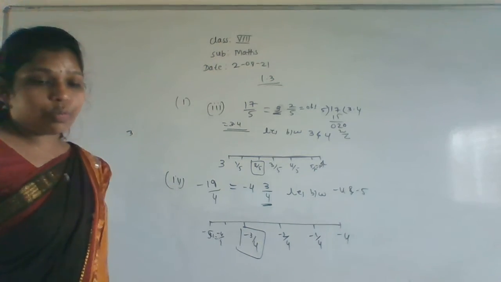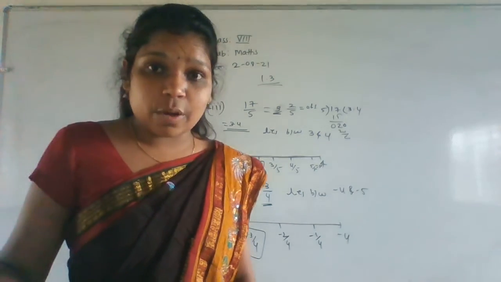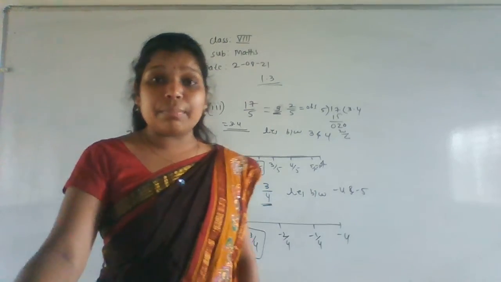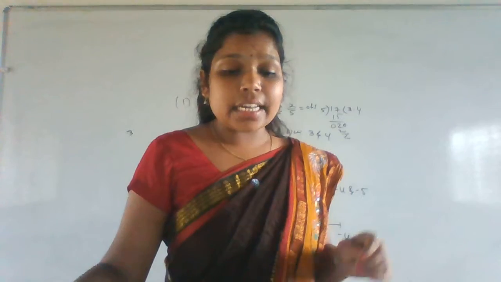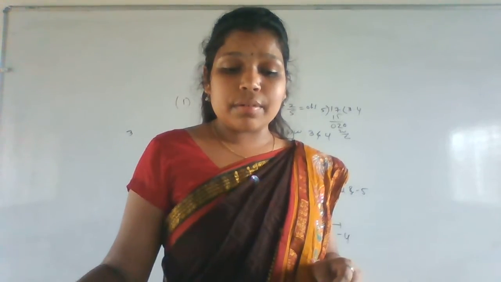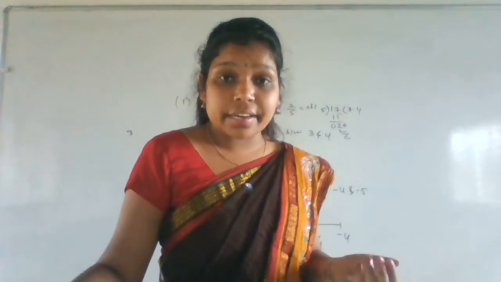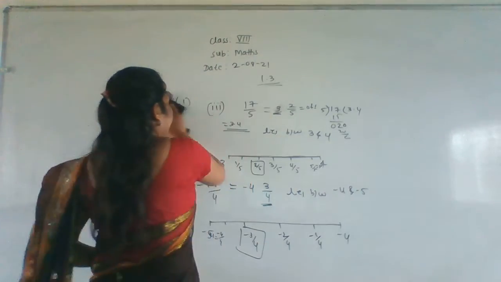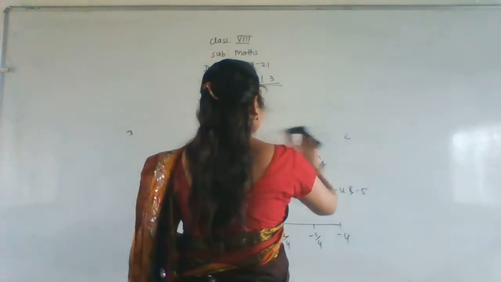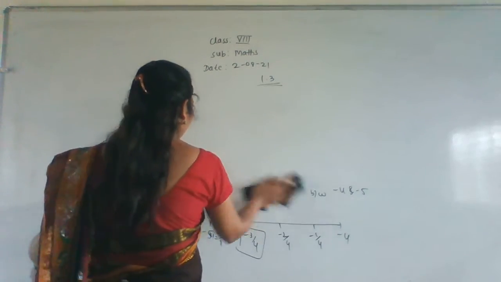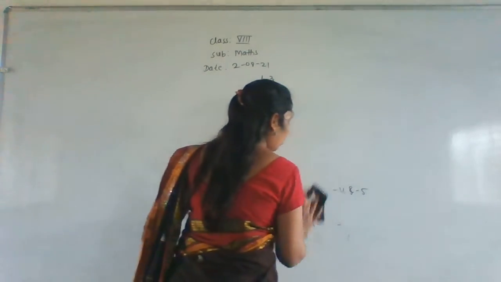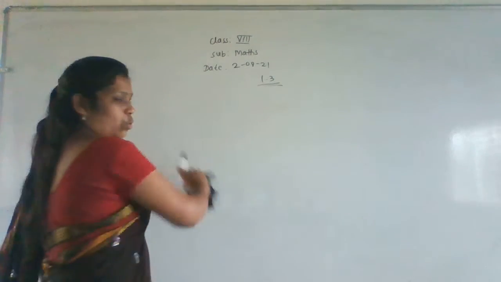Getting everyone? So we finished the first main. Now we'll go with the second main. What is the second main they have given here? The second main is: write any 5 rational numbers greater than minus 2. Okay? Write any 5 rational numbers greater than minus 2. They have given a minus value. So you can write here point values. So many values are there.